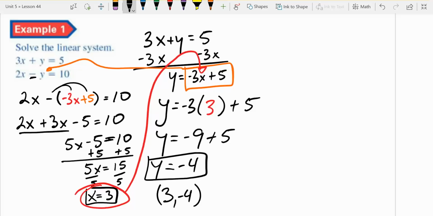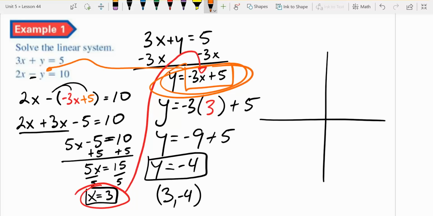We could check ourselves by graphing. We've got one equation that we solved for y equals negative 3x plus 5, so that's 1, 2, 3, 4, 5. Down 3 over 1, down 3 over 1, and we've got a line that looks something like this. And our second equation, well, we could solve this for